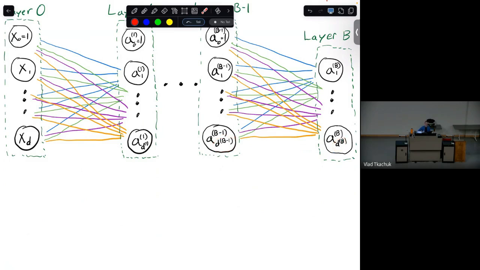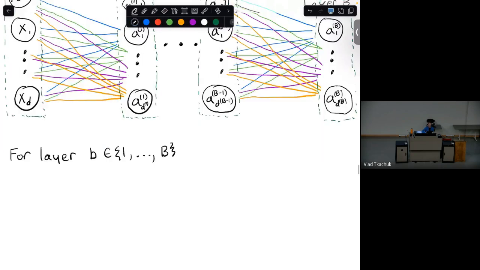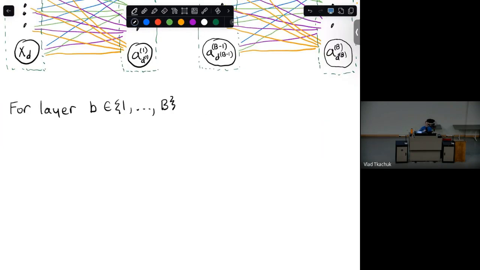Okay, so now what we're going to do is write out what all the things in this network are and how they are defined in the general way. We've done it before for the very specific network we saw. Now we're going to do it for this general one. We're going to just do it for a single layer, because all of them are almost the same. So for some layer, and we're going to use a variable for layer B that's an element of layers 1 up to capital B, we have the following expressions and terminology.